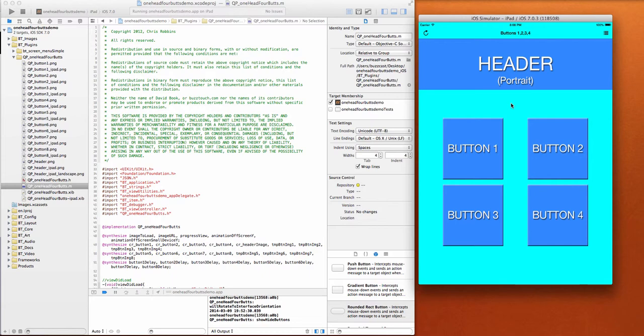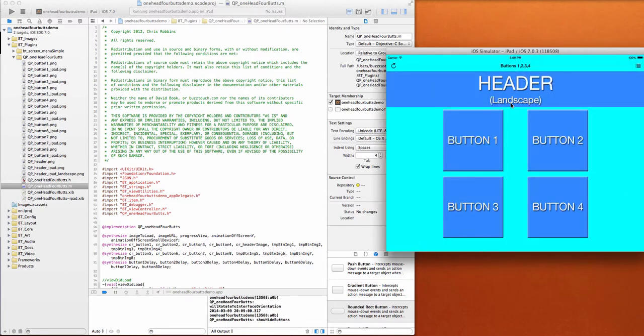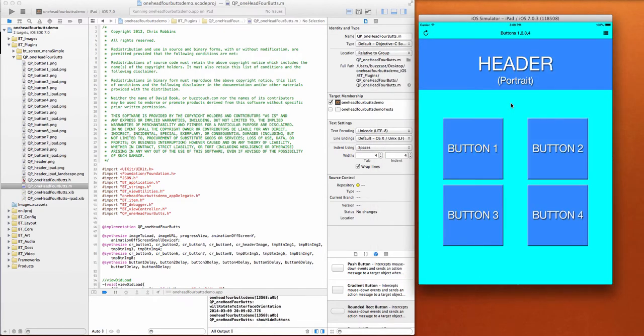I wanted four buttons that I could set up quickly and, more importantly, that would look good whether I was looking at it landscape or portrait. With the existing button plugin, if you had four buttons set up like this and you rotated the iPad, you'd end up with three buttons across the top and one button at the bottom, and it just never looked right. So that's what I started making, and as I kept on creating it, I just kept on putting